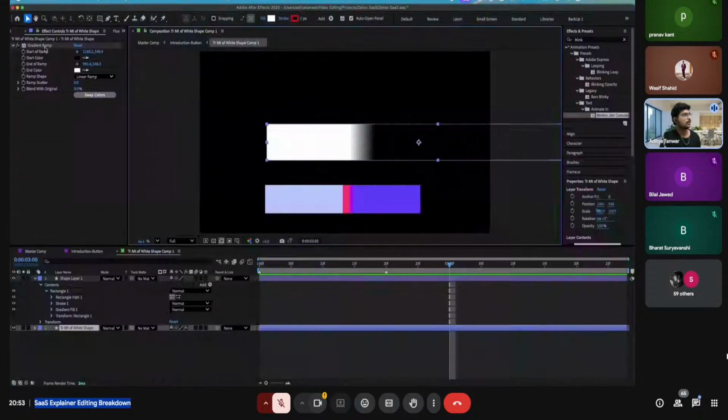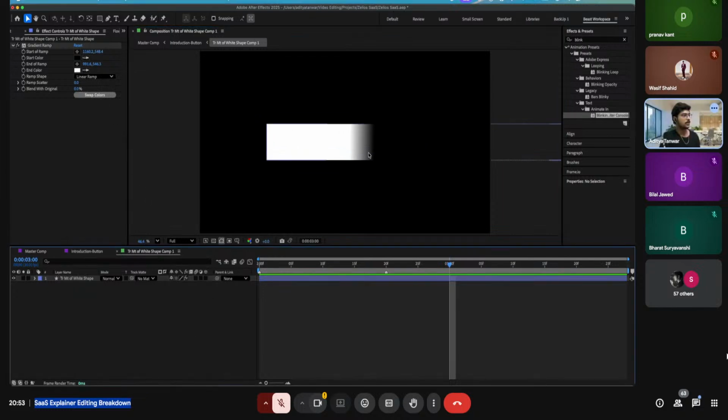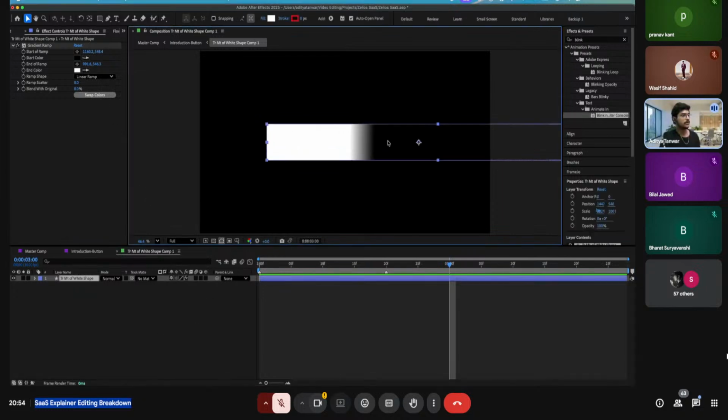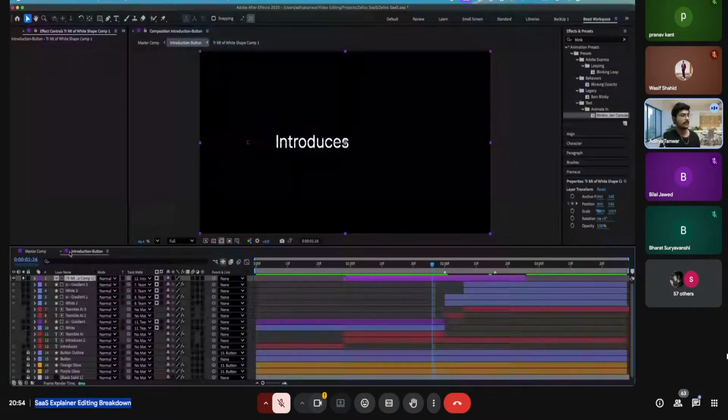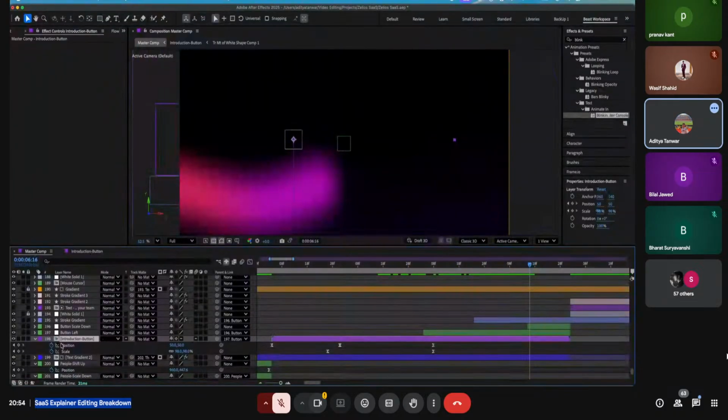You can also add a gradient ramp effect over here. There are multiple ways. So I've added black color on the right side and white color on the left side. And then again I've track matted this. So that's how you get this text fade out effect. And then